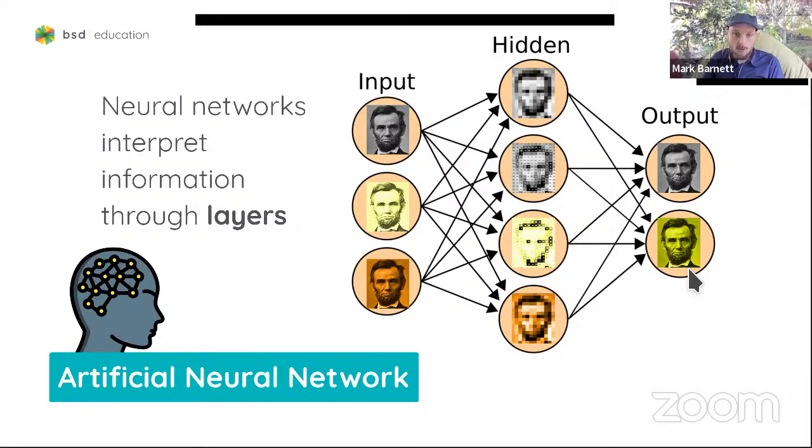And this machine learning tool is only good at recognizing pictures of Abraham Lincoln. If you imagine, any kind of machine learning tool has to be taught this information. We have to tell it, this is a good picture of Abraham Lincoln, this one's not so good, this one's a little bit better, etc. It would be the same process if we wanted it to learn what a bicycle is or what a dog is.